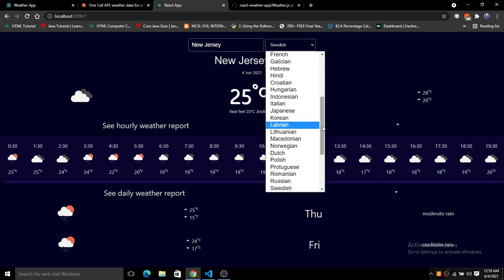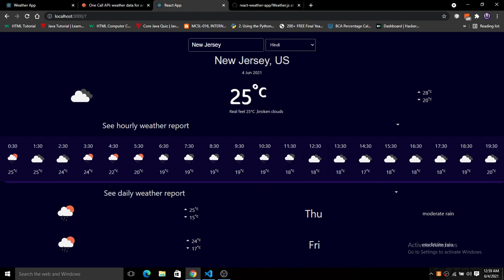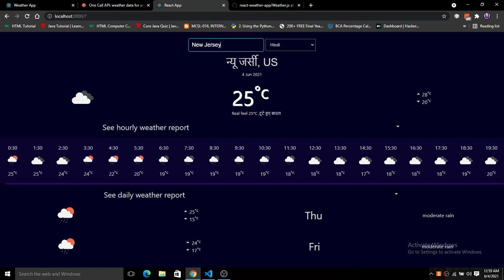We can have this in Hindi. So basically through this API you can search for up to 2 lakh cities' weather. You can get the real-time weather of more than 2 lakh cities at a time. So this is the whole weather application that we have built in React.